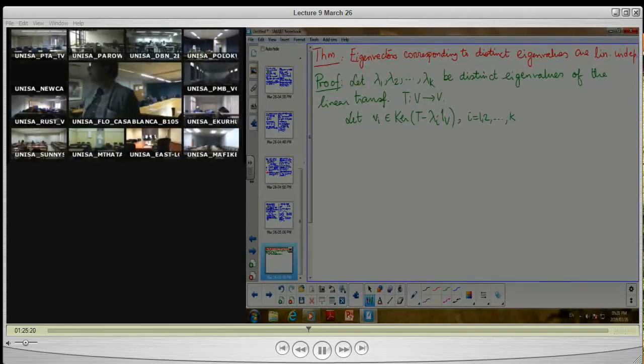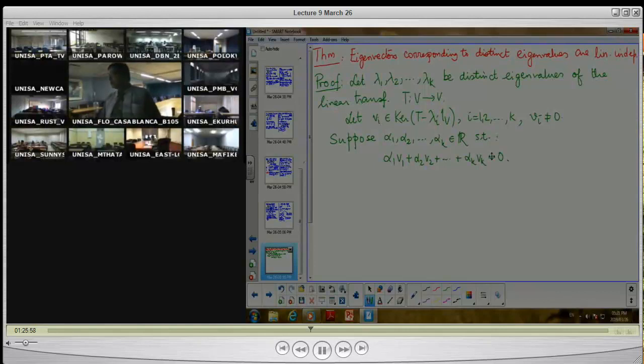Now suppose... Now I'll do something by which I will show that alpha 1 is 0. What will I do? Take